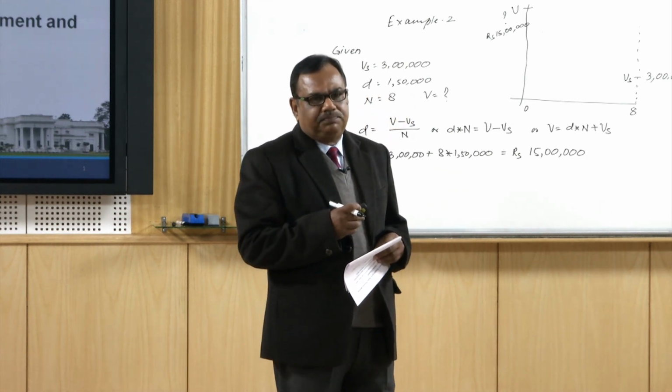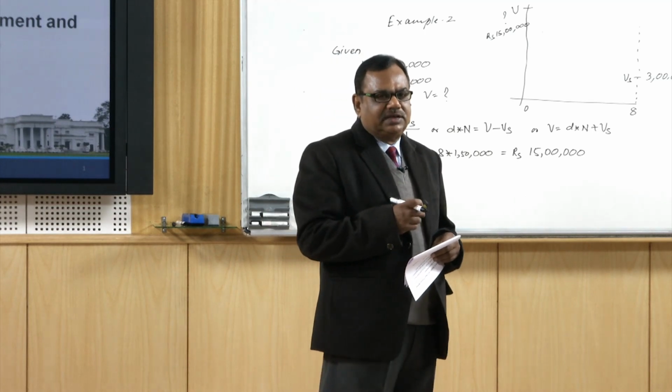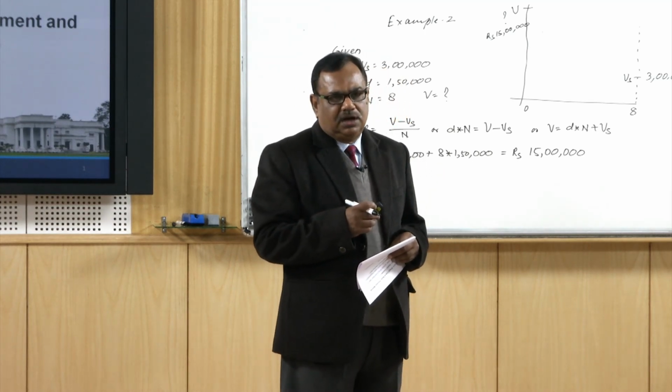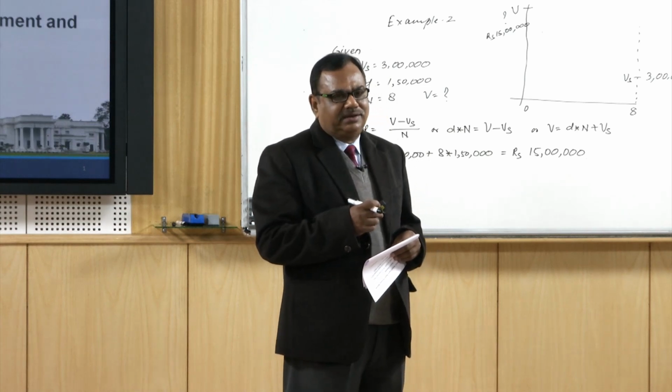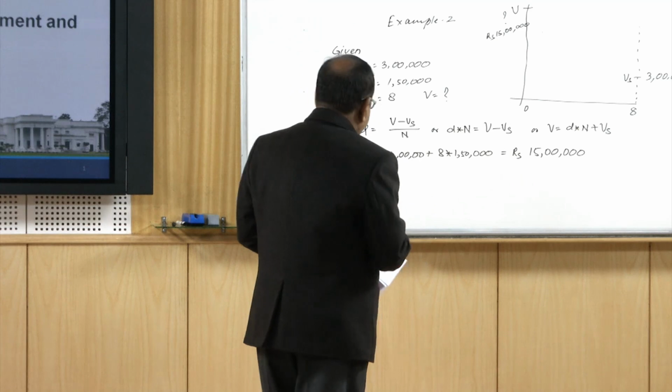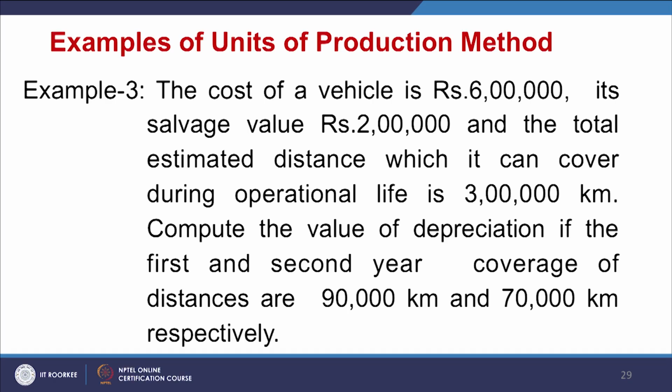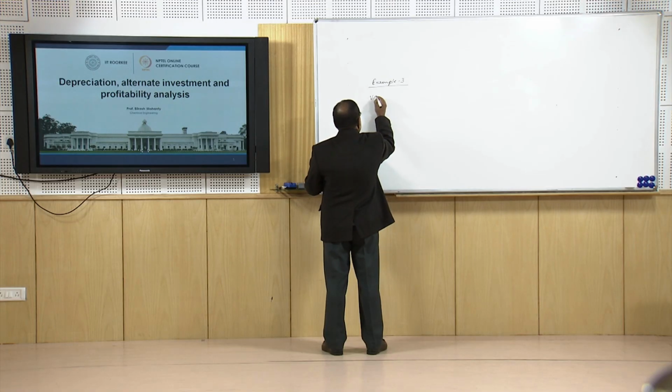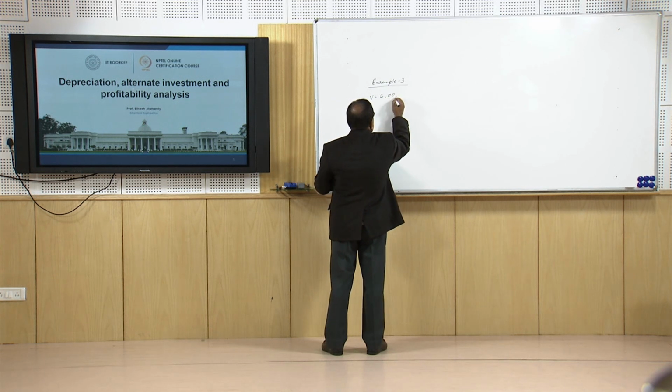Compute the value of depreciation if the first and second year coverage of distances are 90,000 kilometer and 70,000 kilometers respectively. So, what are given to us in example 3, V is given 6 lakh,